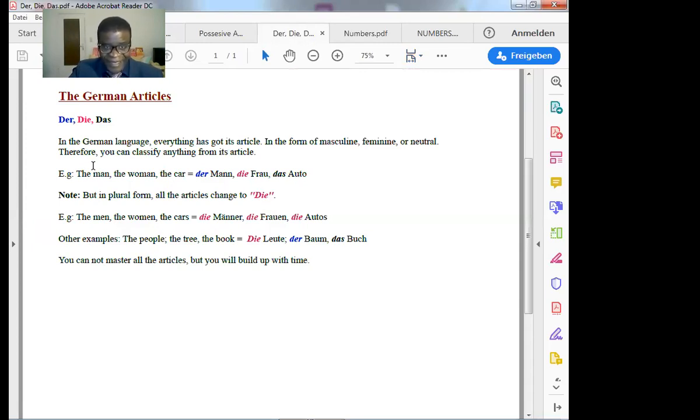If you are possessing something which is feminine, feminine goes with die, you are going to say meine. You are going to add the last e. If you are possessing something that falls under das, it behaves the same as der. You're just going to say mein without e at the end.